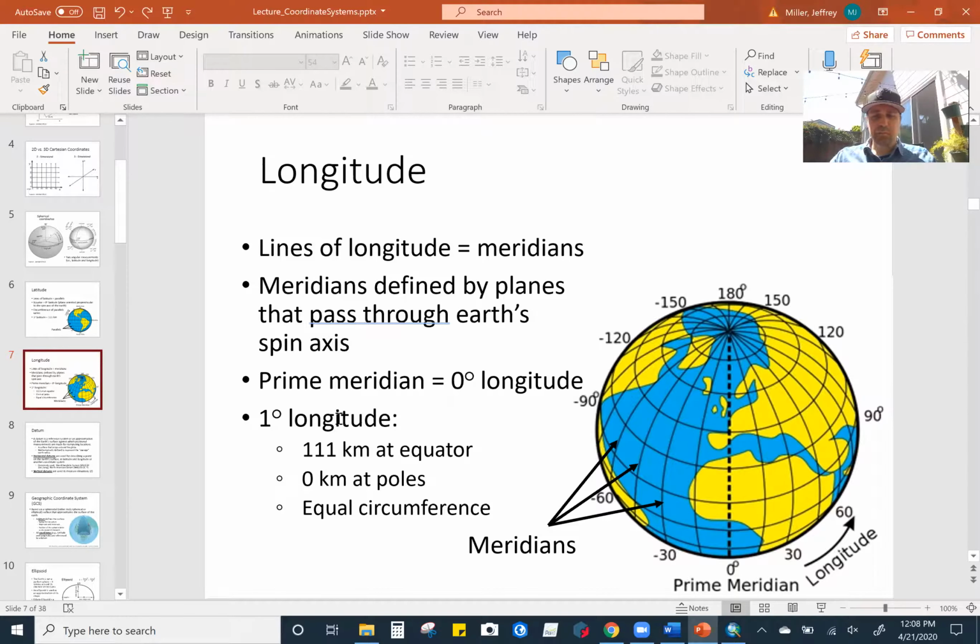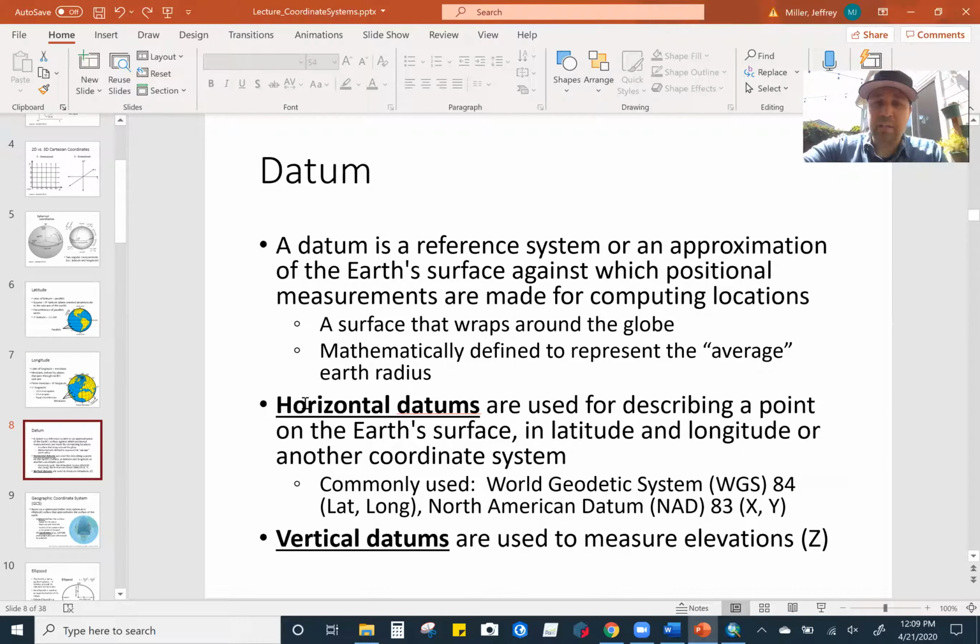Let's see. The other thing about longitude is that they're all equal circumference, okay? Difference than parallels. Every single line of longitude is the exact same. And that's how they end up actually meeting in the middle. Well, I shouldn't say the middle, meeting at the poles. That makes more sense. Okay, a datum